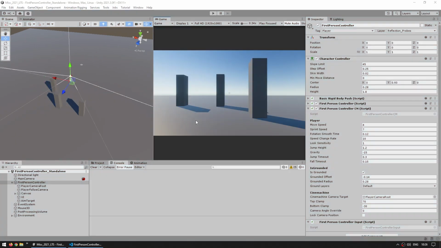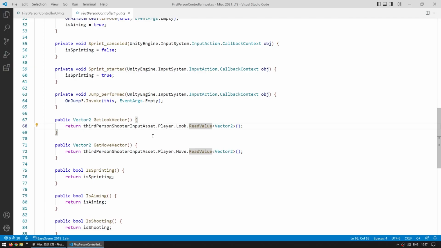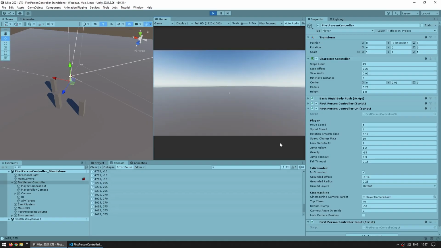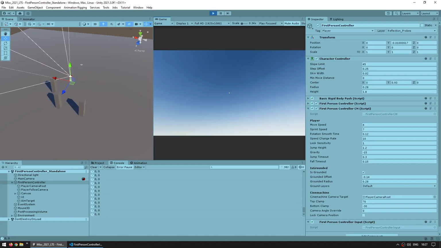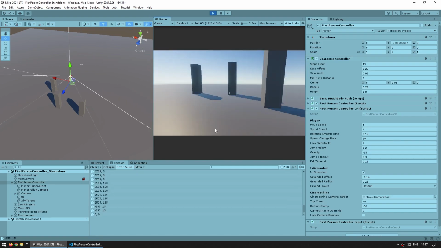Since it happens with both the camera rotation and the player movement, it means that the issue is not really with the character code, but rather with the input system. Here, the code for this controller is accessing the input system and calling ReadValue to read both the movement and the mouse value. And importantly, this one is being called on every update. If I add a Debug.Log, we can see that even though I'm constantly moving the mouse, sometimes it still returns